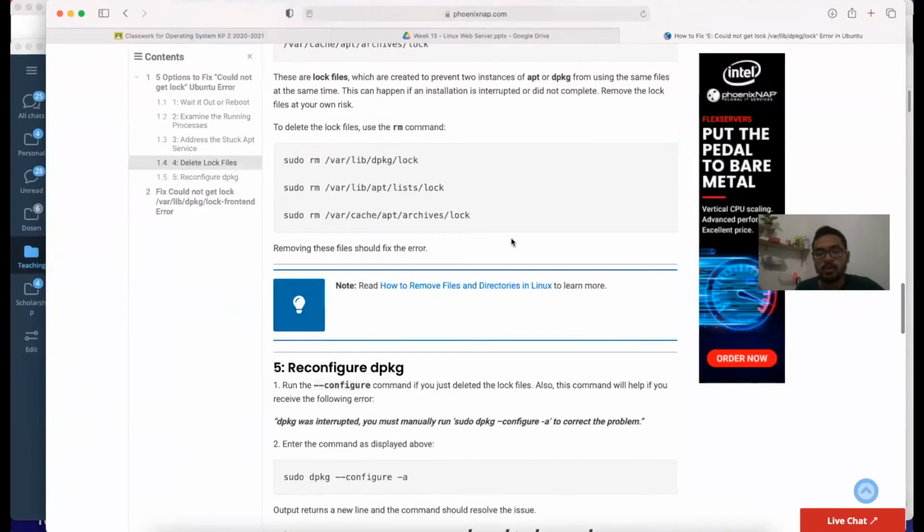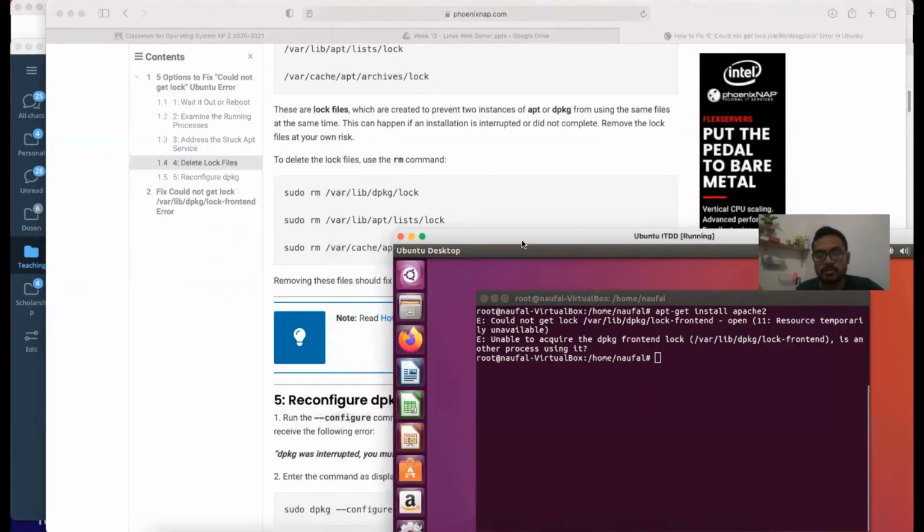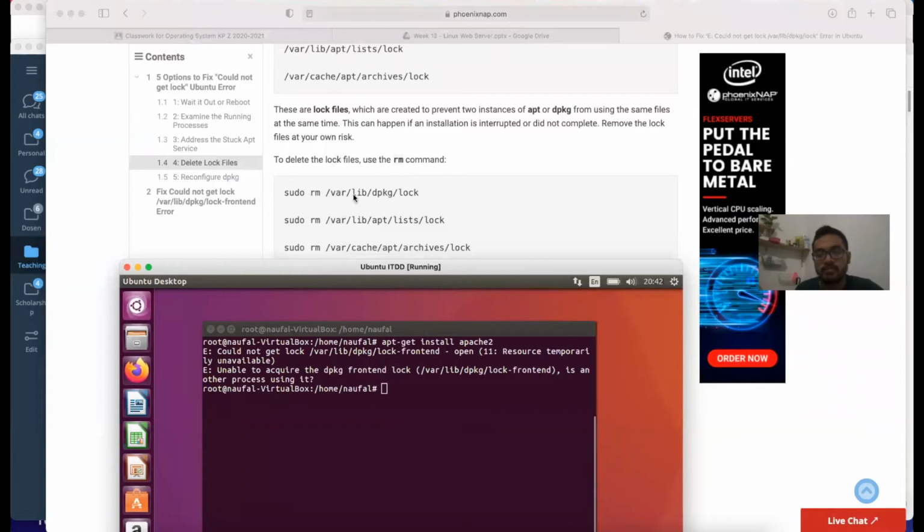Okay, I think this one is the solution for my problem. So I need to type these 3 commands into my terminal. So I just follow the instruction from this website. Then yeah, just type the sudo